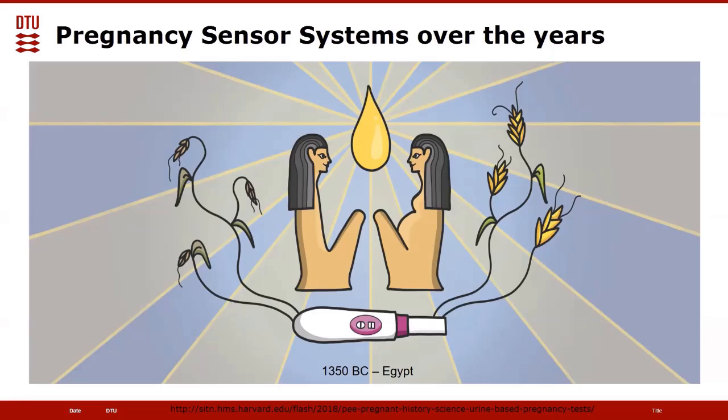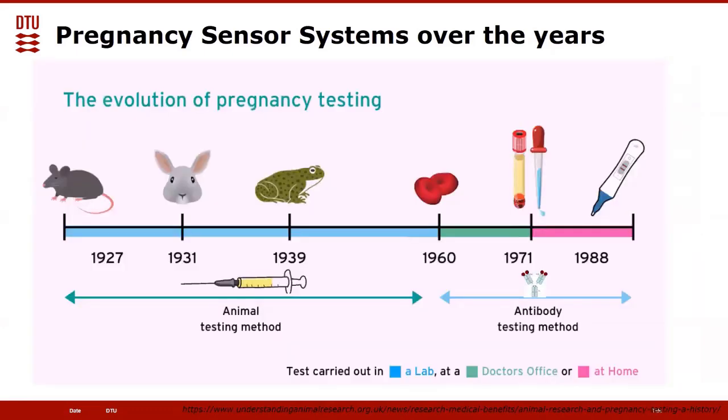So the evolution of pregnancy testing is quite interesting, actually, because you had the old Egyptians that did it in this very humane way of just peeing on barley. But in more recent time, when you started investigating biochemistry, you did this test by injecting the woman's urine into mice, later into rabbits, and then you killed the mice and the rabbit to see if it had ovulated, if it had started being pregnant. Later on in the 30s, you did this on frogs, and you didn't have to kill the frog because it would start laying eggs if the urine was